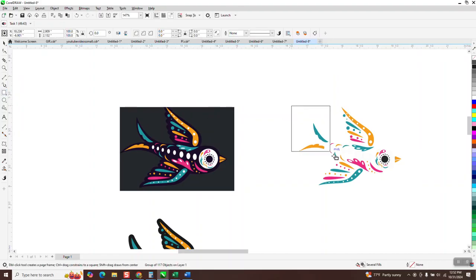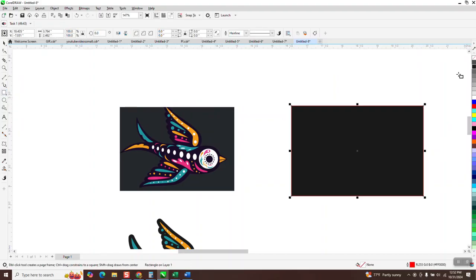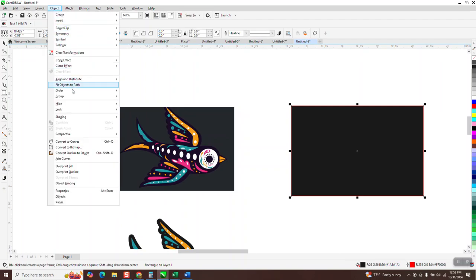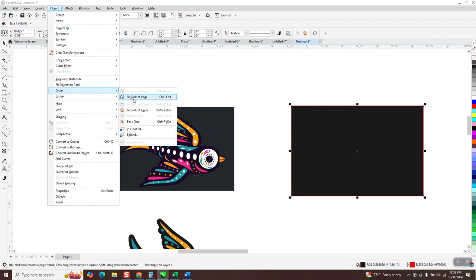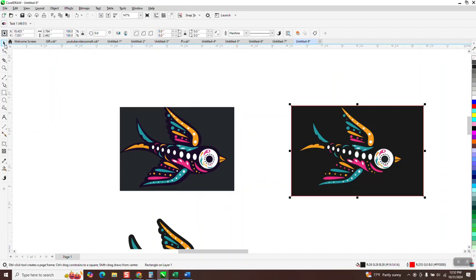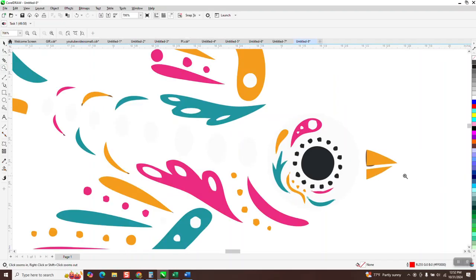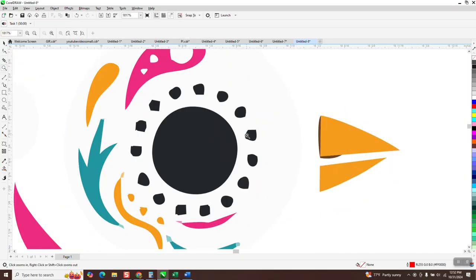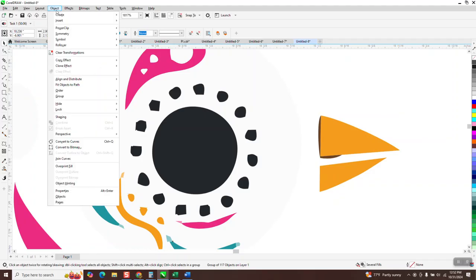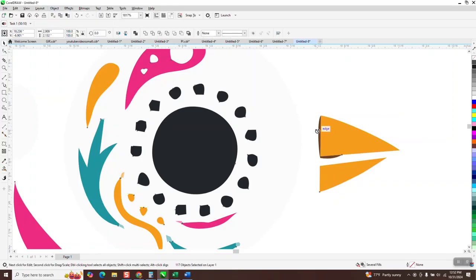I'm just going to look to see first whether some of those white holes are white or actually just transparent. Yep, they have white color in them, so that's fine. One thing I would do, this thing traced really good, but there's a little bit of garbage right here. So we're going to click on it, go to object, group, and ungroup it, and we're going to get rid of that black